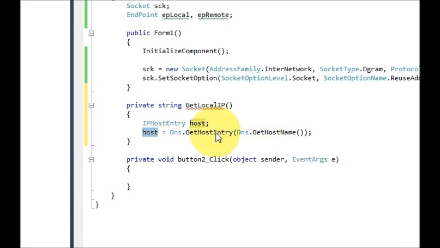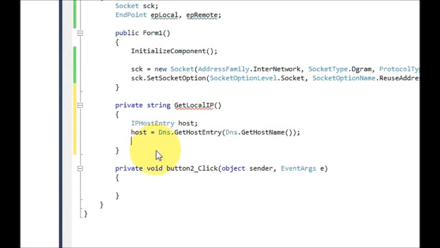So this method I have also shown you when I showed how to get the IPs of your computer. If you don't know, then go to the previous videos and you can always see the IP address tutorial. So just write this,